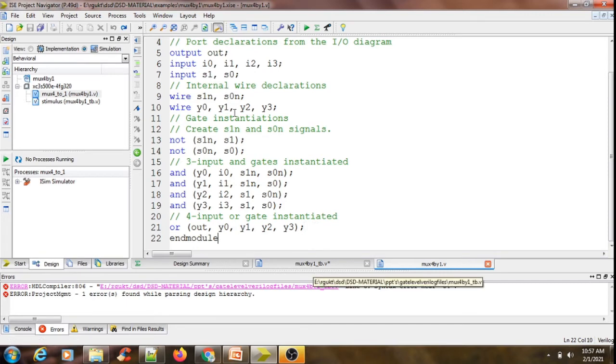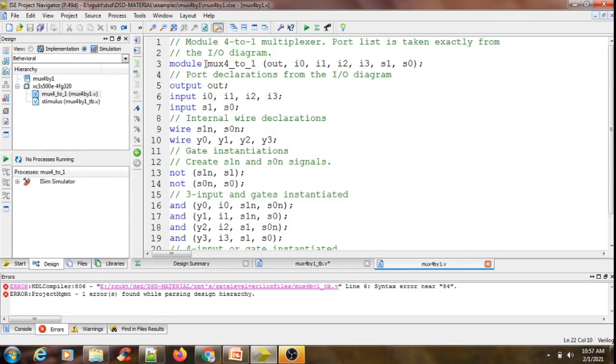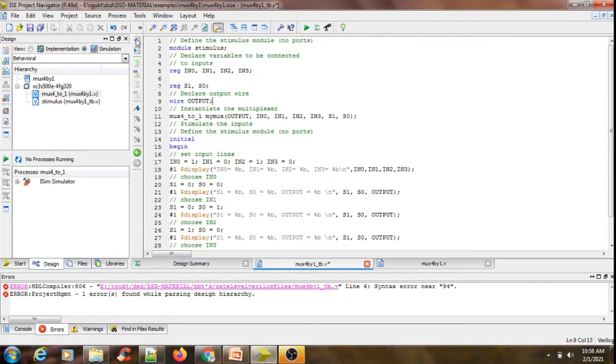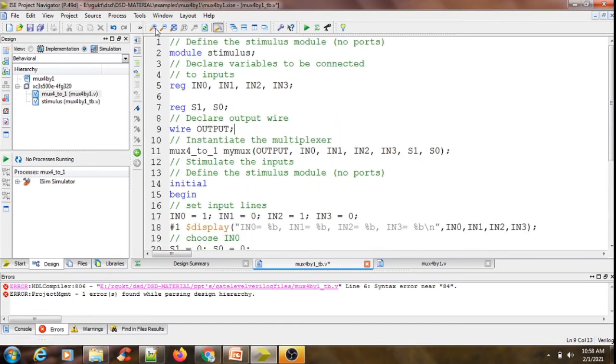Coming to the test bench, what is the module name here? I am having MUX421. That means the design unit I have to instantiate in my test bench unit. The test bench top module name I have given here as stimulus. It doesn't have any ports, so no terminal list is required.